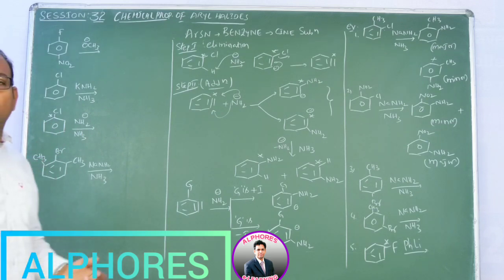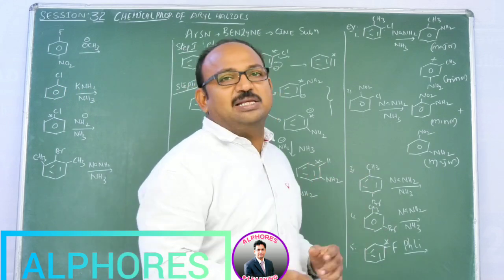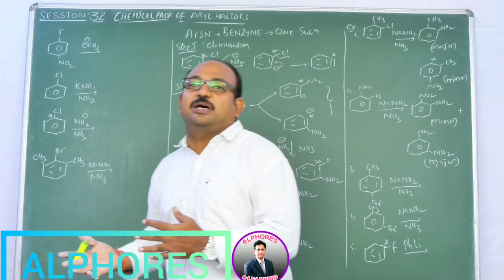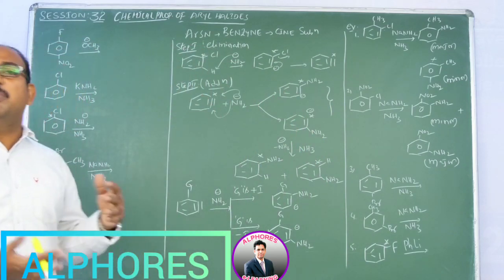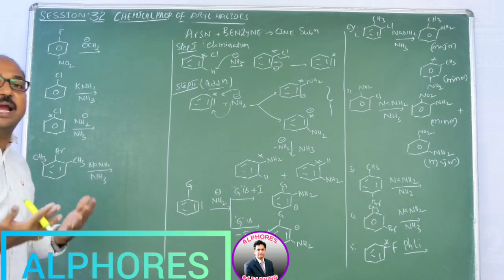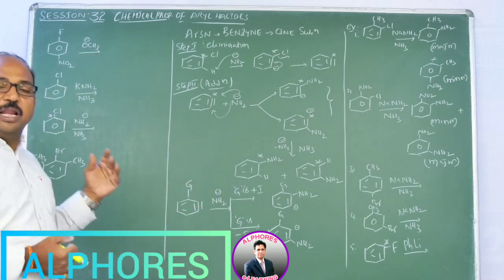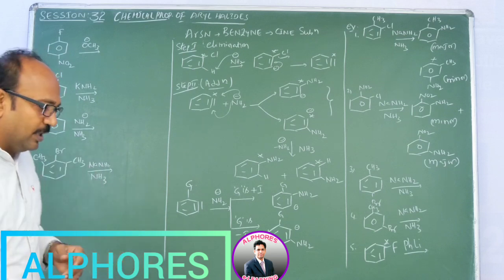By attacking the nucleophile, how leaving groups are going to depart. That mechanism, in which case you are getting the rate much faster, in which case the rate is less, like why meta-nitrofluorobenzene is 1 lakh times less reactive than ortho and para nitrofluorobenzenes. So all those things we already learned.